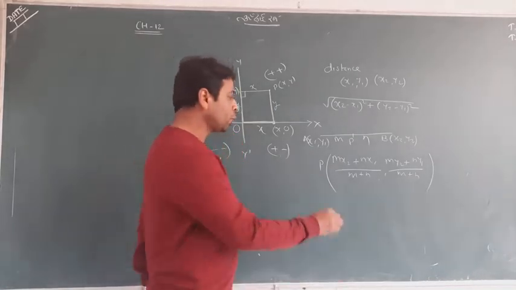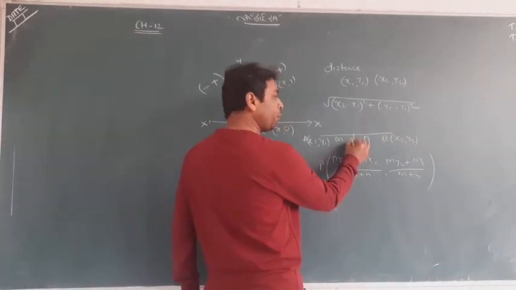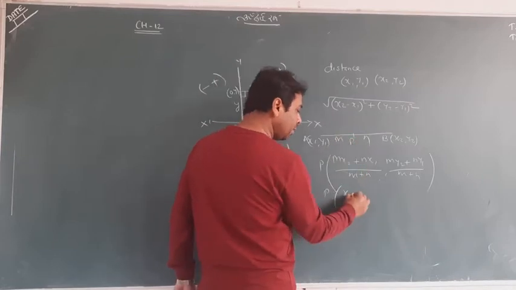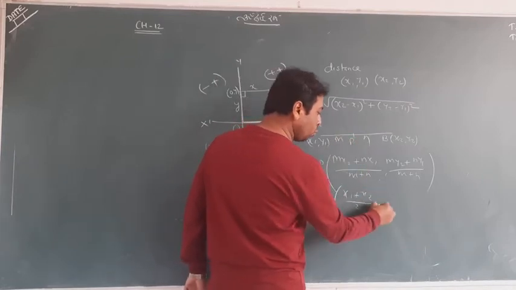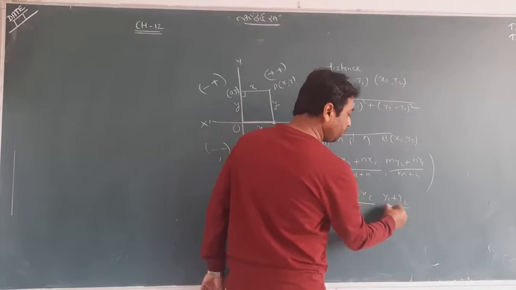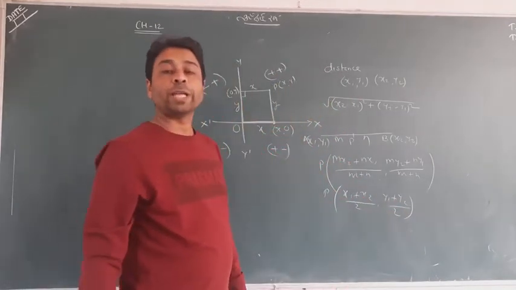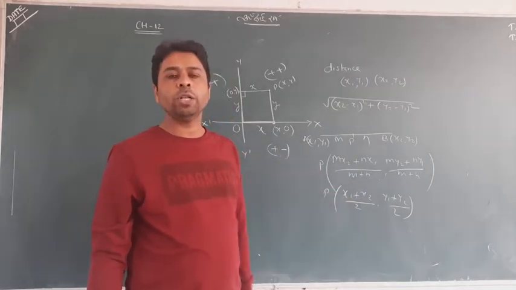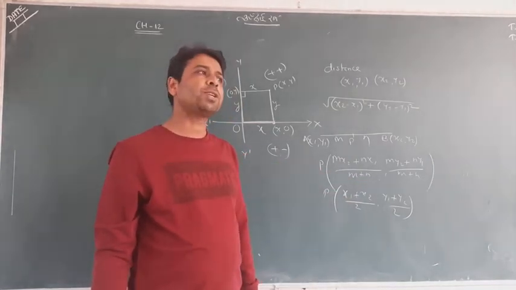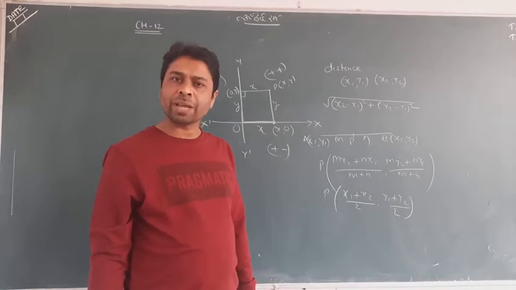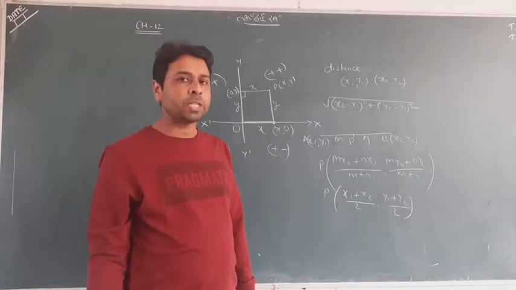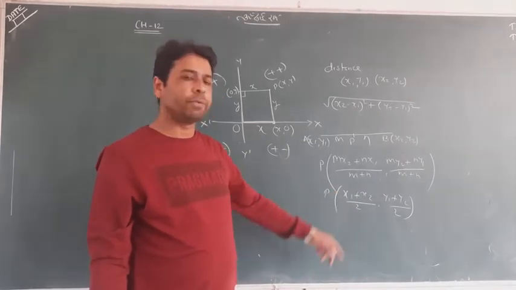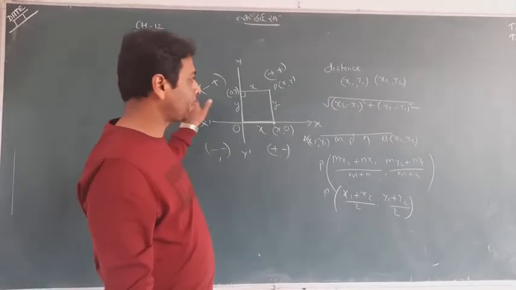Midpoint formula. What is the midpoint formula? When P is the midpoint, m equals n, and the point is ((x1 plus x2) upon 2, (y1 plus y2) upon 2). For external division, a minus sign comes in. So you are aware of all that. After it you also read the area of a triangle, but this time we will look at only two concepts, the distance formula and the division formula. But this is two-dimensional geometry.